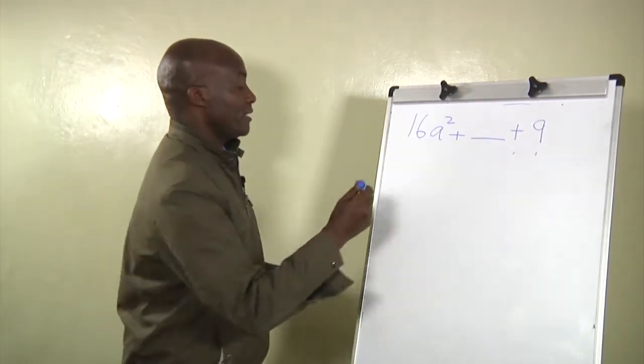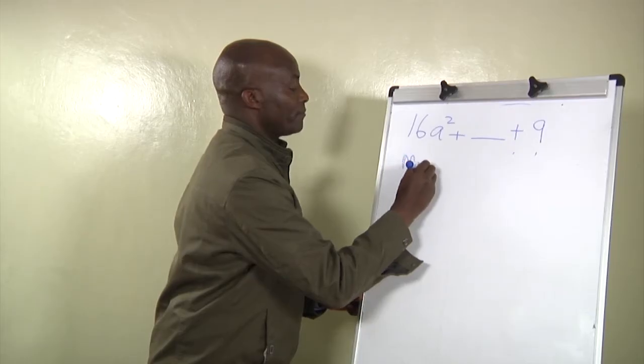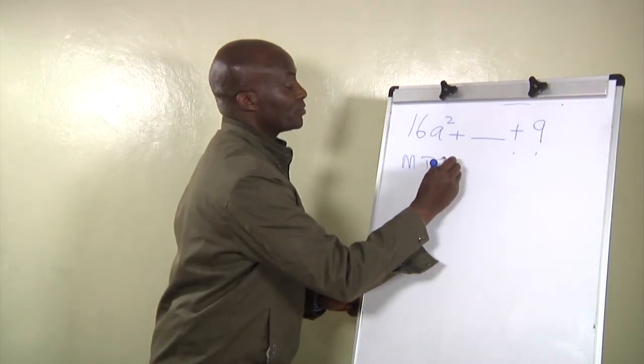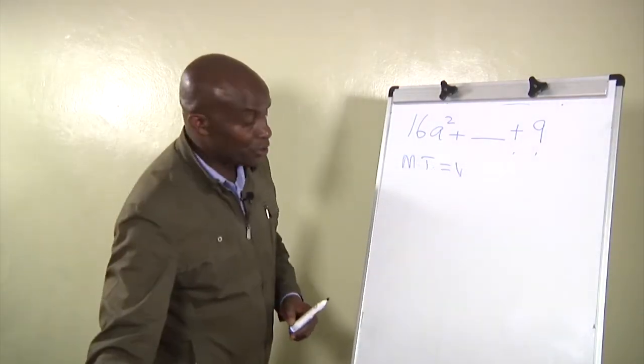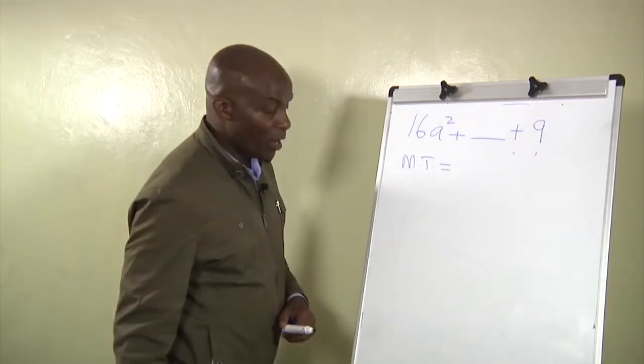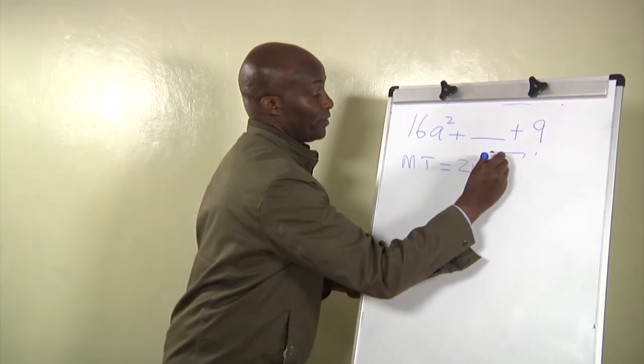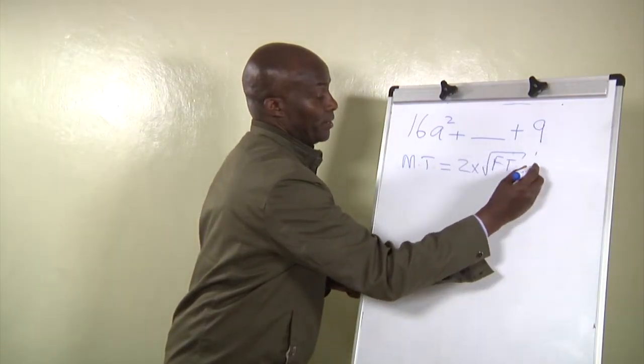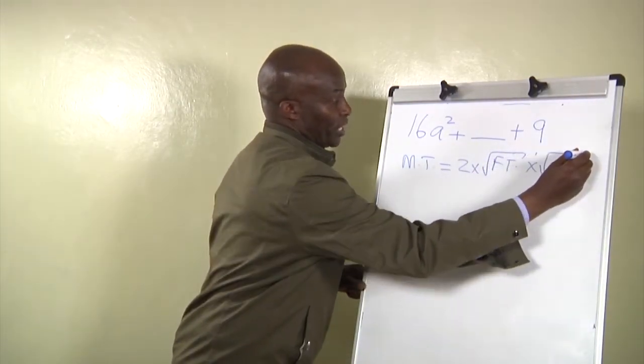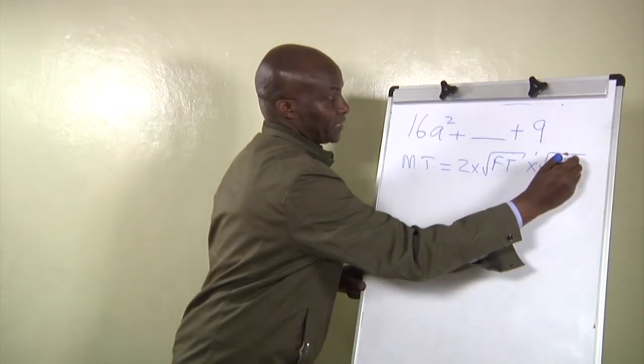We said the middle term is equal to 2 times the square root of the first term multiplied by the square root of the last term,